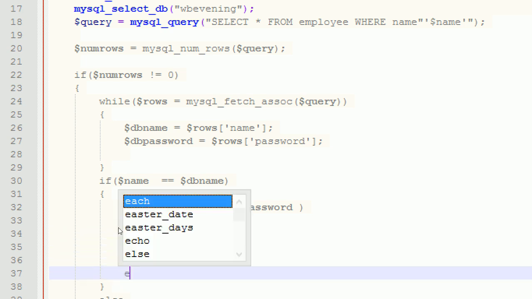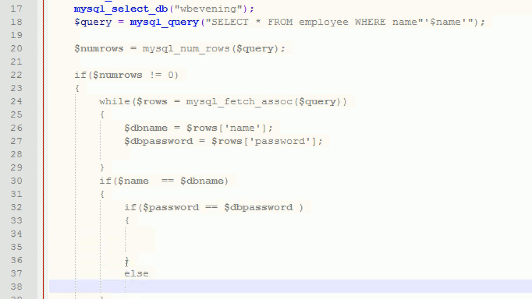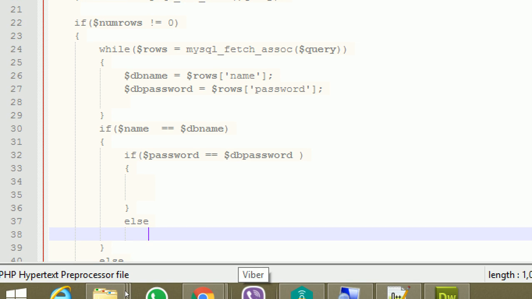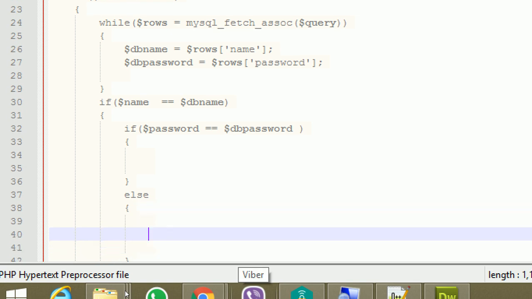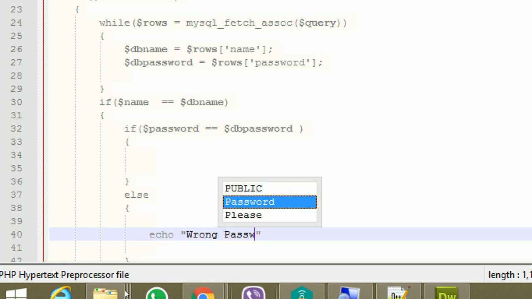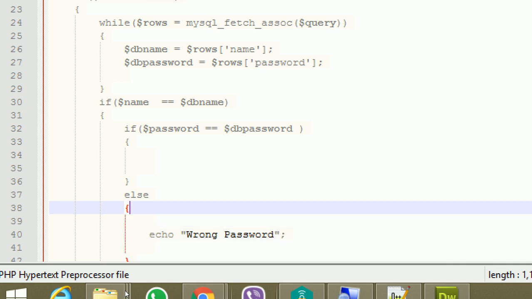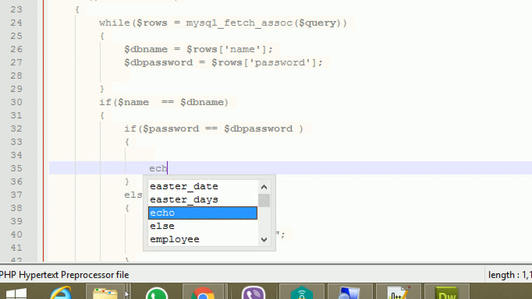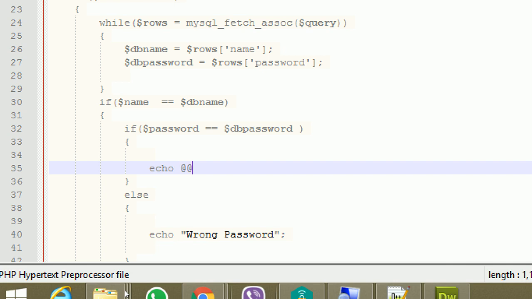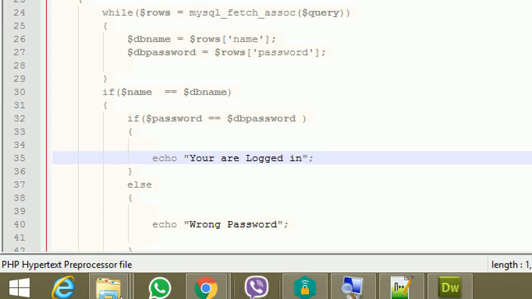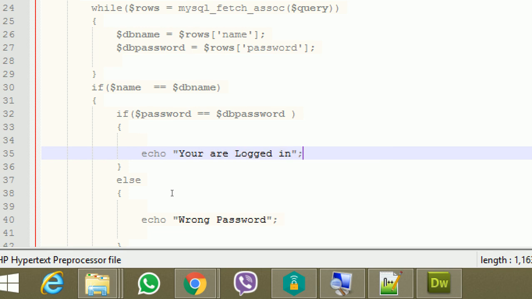So in the else part, if your password is wrong, the else part will show echo wrong password. Clear? And if it is right, display here echo you are logged in. Clear? That is just a message, then later I will connect. Clear? So save it,